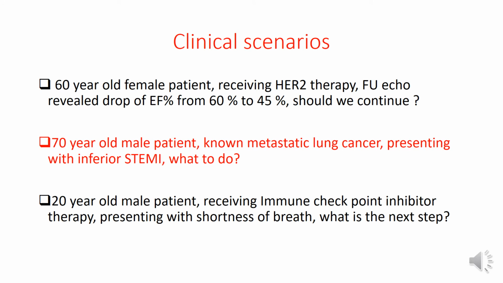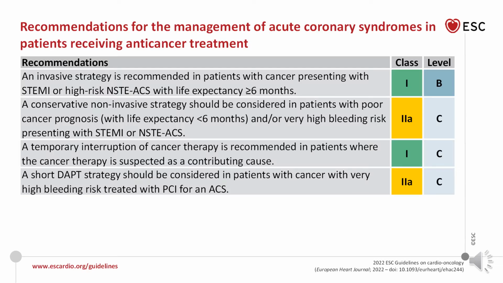So moving to the second scenario, a 70-year-old male patient with metastatic lung cancer presenting with inferior STEMI. What to do? Again, the most important question in this scenario is what is the prognosis of this patient and what is the bleeding risk of this patient. If we are dealing with a patient with metastatic cancer, and the oncologist said his prognosis, life expectancy, is very short, less than 6 months,